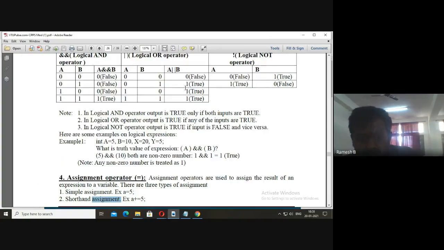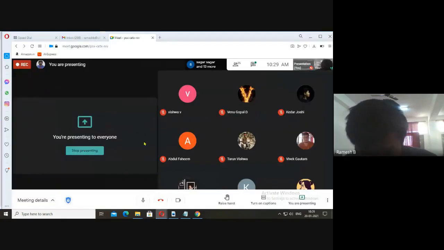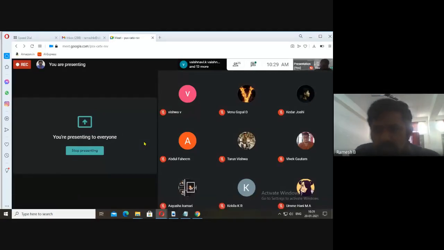Now, I told you the assignment operators, and among them the shorthand assignment operators. Now everybody type the shorthand assignment operators.